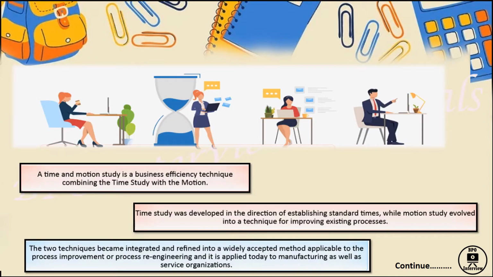Let's start. So guys, what is time and motion analysis? Why does it need to be done? A time and motion study is a business efficiency technique combining the time study with the motion study. In basic language, for example, for an associate, there is a target set by the company that he needs to take around 80 calls per day. Now while checking his performance of the last 20 or 30 days, he is not coming near the target. He's just doing 40 or 50 calls a day.